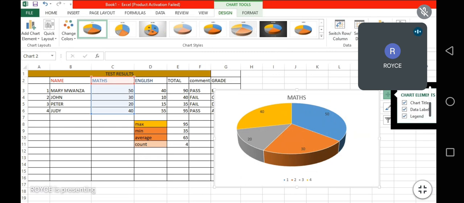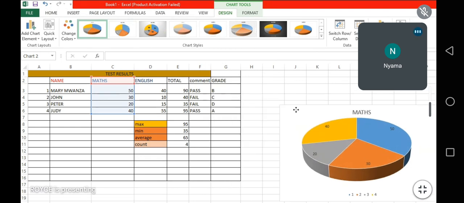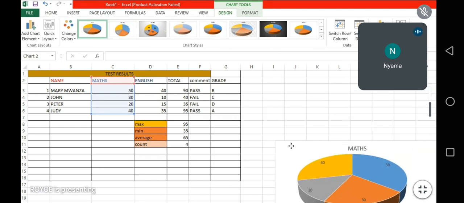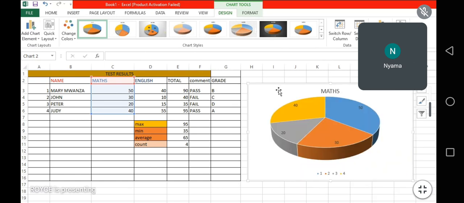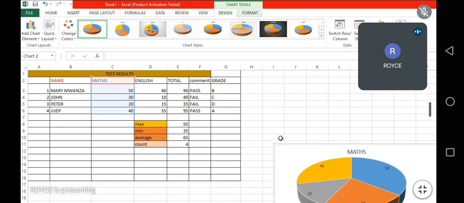But basically, this is what is supposed to happen. Let's try to use another one. Let's try to use a bar chart and see. It should be changing. The actual picture of the chart is not there, but the numbers which are down here with colors, they're there. Yes. Wow. I think there's something wrong with your